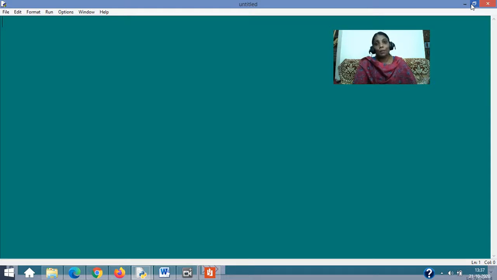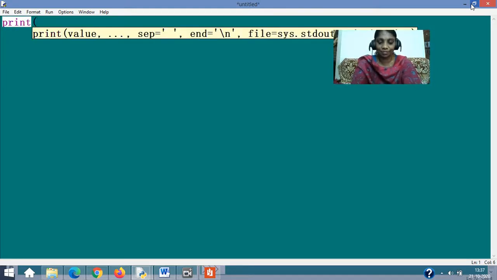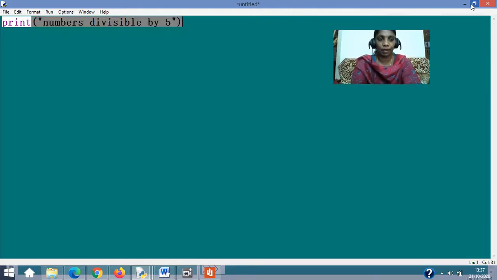Here I'm going to tell you, print all the numbers which are divisible by 5. Understood? If that is the case, how will you write? Easy. First, of course, numbers divisible by 5. Of course, a limit is required. I didn't say that. We need a limit till 100 or whatever it is.